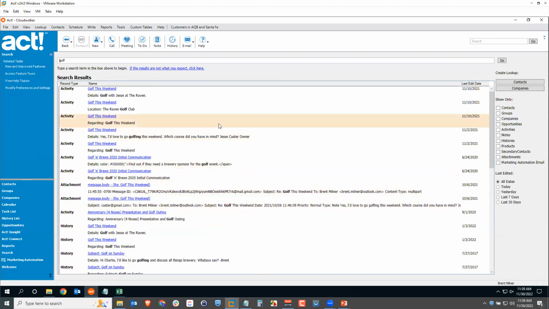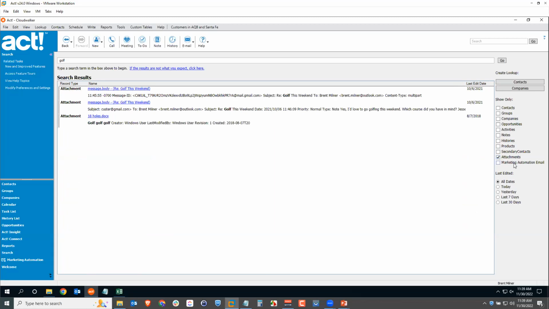Now on the right, if I would have had hundreds and hundreds of results, I can filter some of these results. And this says to show only. Maybe I only want to see attachments. I'm looking for an attachment that has the word golf in it. So if I check the attachments box, it's going to filter everything but attachments. And here we can see that the word golf occurs in 2 emails, which have been attached, and 1 Word